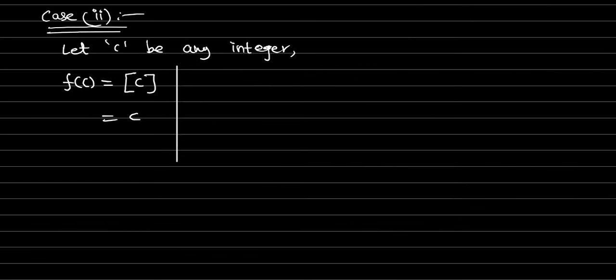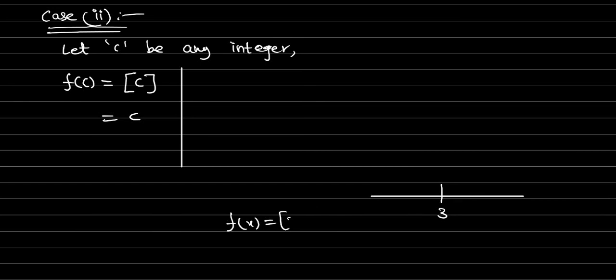Now the left hand limit. Suppose for a sample, shall we take it like positive 3? Just for explaining purposes, I am taking 3. So the function is f of x equal to greater integer of x. At x equal to 3, f of 3 is 3. So we substituted C, and the result is also 3. Now the close values of 3 on the left hand side as well as the right hand side, we need to check. The close values must also coincide with this value, then only we will say the function is continuous.